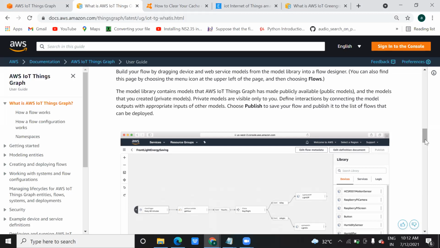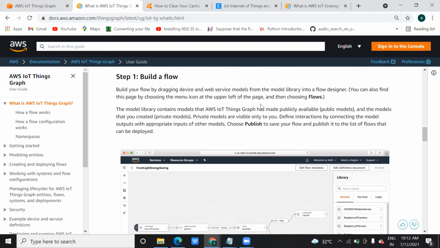It's completely drag and drop. You drag devices from here, like sensors and cameras. There are different kinds of sensors and devices. You make connections between them, publish it to save the flow chart you created, and finally deploy it.